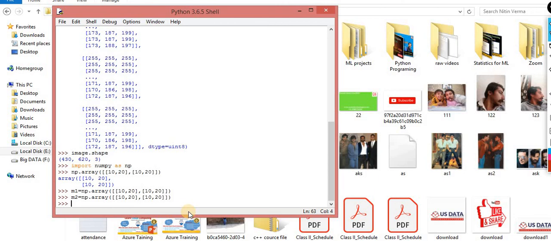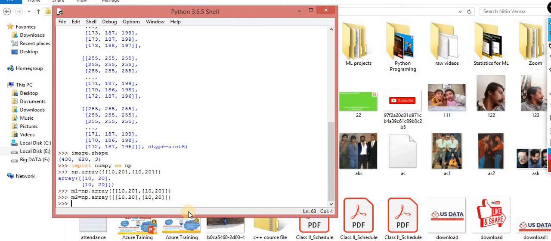Now back to that list section, I think video number 12 or 13, there we discussed the matrix multiplication. If you want to do the matrix multiplication, you are supposed to take the help of 3 loops. But the same thing can be implemented with 1 line of code.